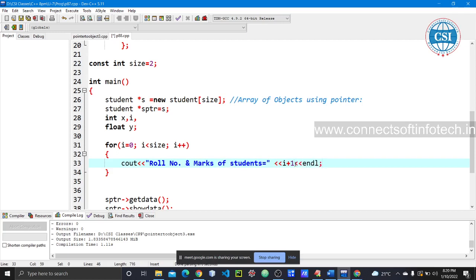Then again it will be executed, then roll number and marks of student 2 will come. That's why I am writing here i plus 1. If I don't do i plus 1, then roll number and marks of student 0 will come, but I want 1, for 1 student, for human understanding, right.